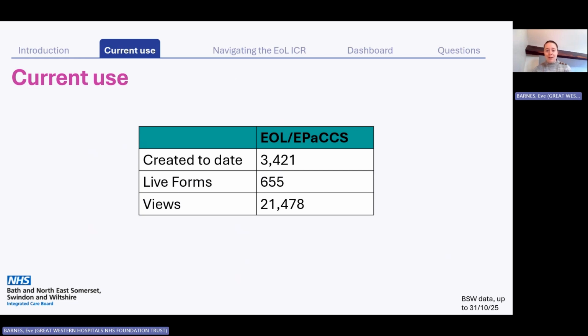So where are we at the moment? There's been a huge amount of progress in the end-of-life ICR numbers over the last year, particularly since the end-of-life care plans went live. So up to now, there's been over 3,000, so nearly 3,500, end-of-life ICRs created. And currently, this was data from up to the end of October, there were 655 forms that were live across the integrated care record at the time of this data capture. The views up to now is